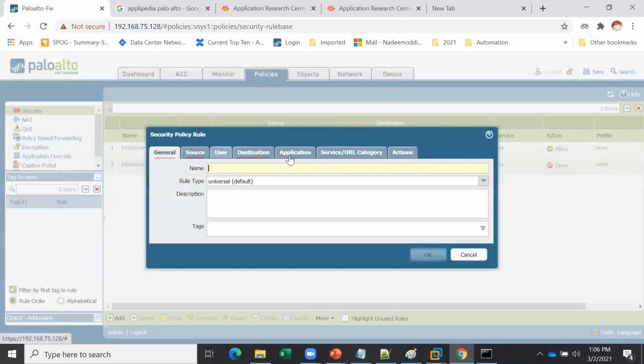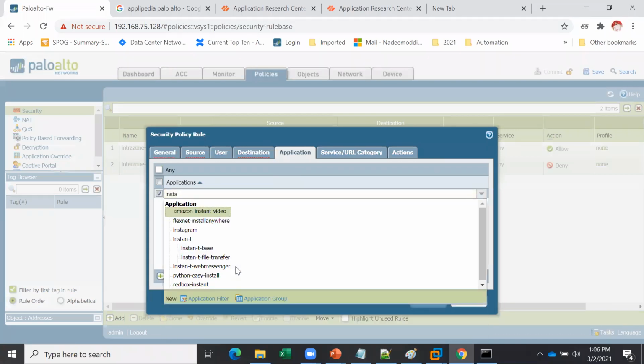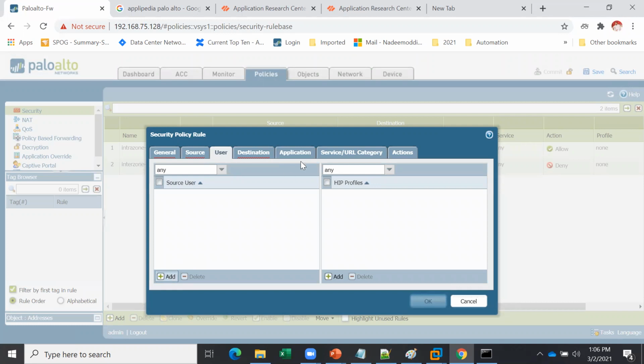Let's say if you go to Application, here you can search Instagram. Can you see Instagram? Right? So like this, now source and this one. Now user, you have the option user. So if your firewall is integrated with the user, then you can create a user here. When you say, let's say corp something, you will get a list here. But right now this is my VM, it is not connected to the Active Directory. That's why I'm unable to see some users here. Let's say some XYZ username, it will automatically search and you will get this detail.